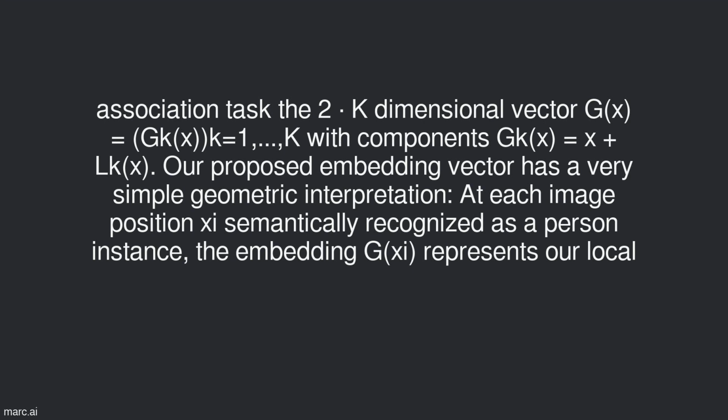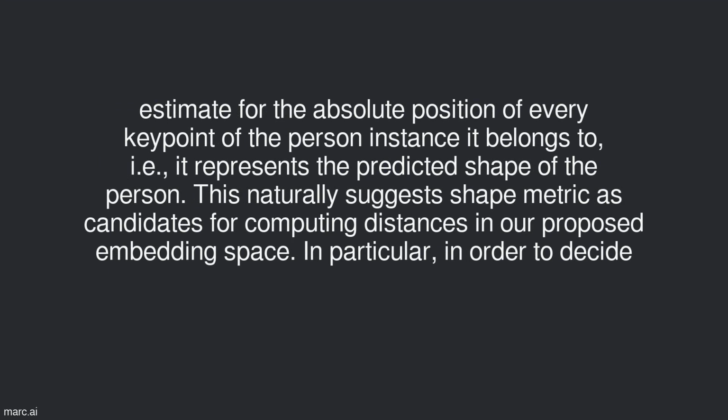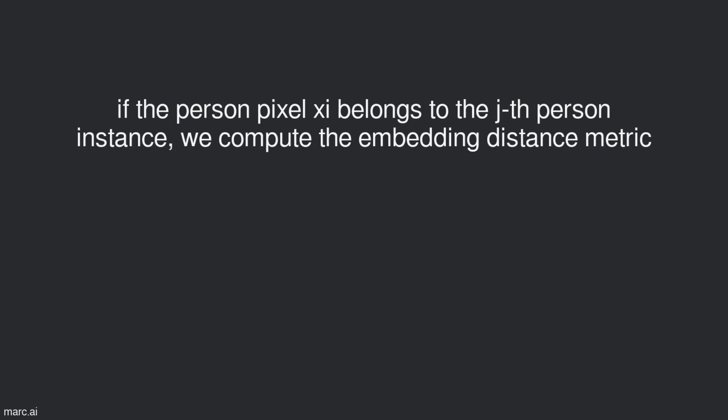At each image position xi semantically recognized as a person instance, the embedding g(xi) represents our local estimate for the absolute position of every keypoint of the person instance it belongs to, i.e., it represents the predicted shape of the person. This naturally suggests shape metrics as candidates for computing distances in our proposed embedding space. In particular, in order to decide if the person pixel xi belongs to the jth person instance, we compute the